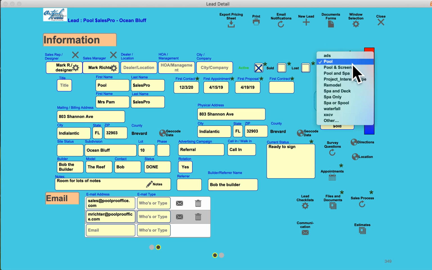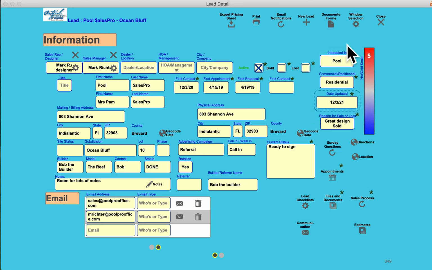You can also create your own drop-down for what they're looking for. Pool, pool spa, maybe a remodel. So you create your own project types. And once you have this information, you can print this page out, or you can email this directly to the designer. If you have somebody in the office that's taking that lead, they can take the lead, then email it